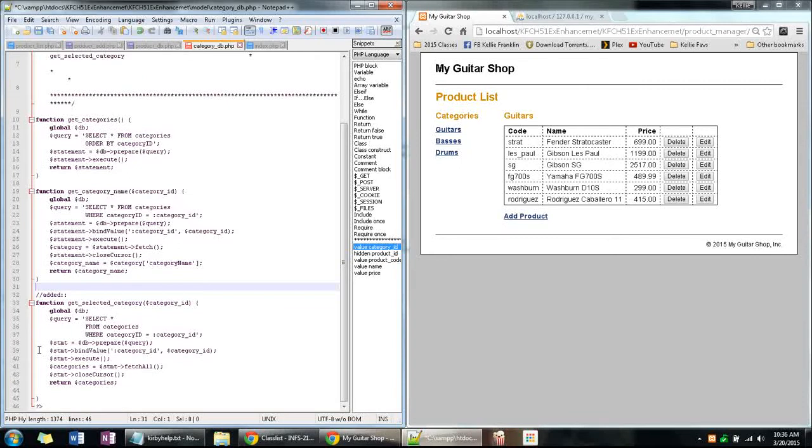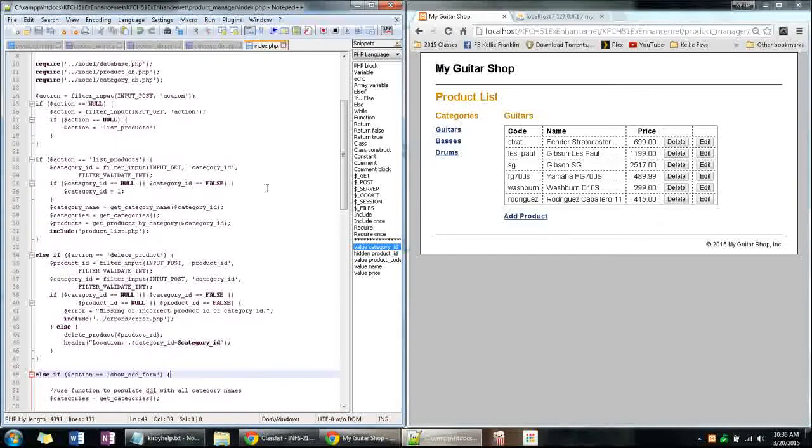This one has actually been made for get selected category with the category ID number. Again, the where and the bind. So that's in place. So now let's go over to the index page. This is where all the action actually takes place. If action equals list products, which is the default, it goes through and sets it up and then includes it